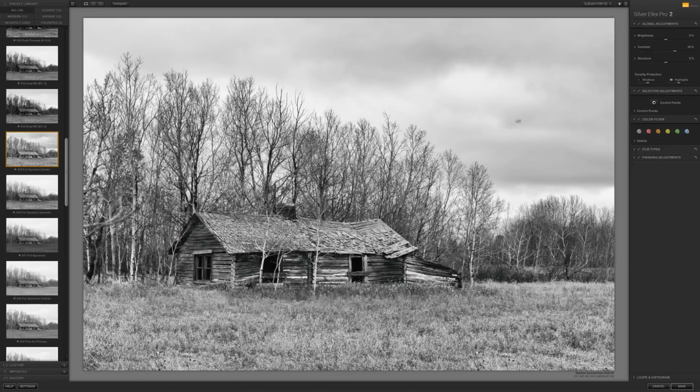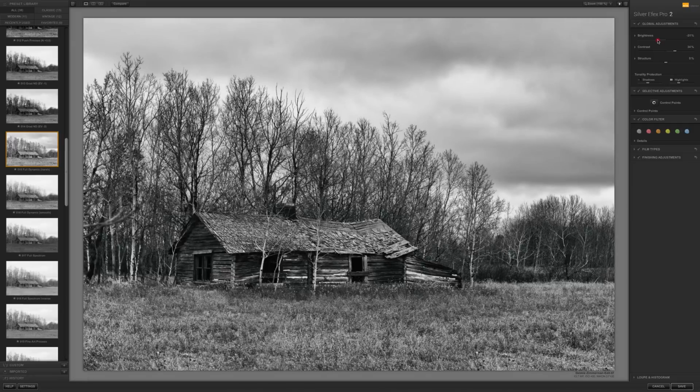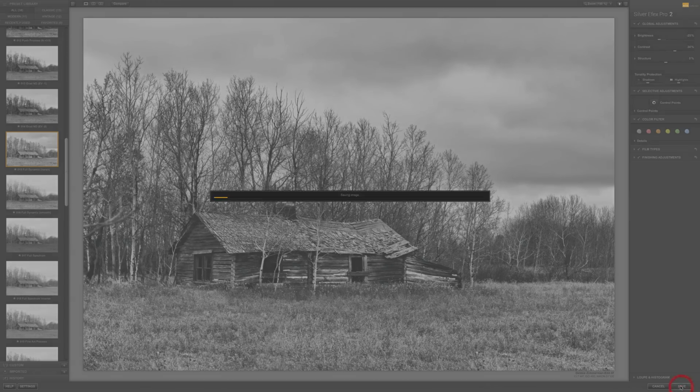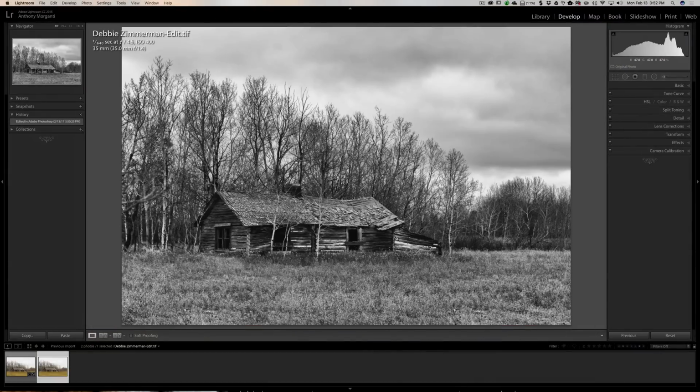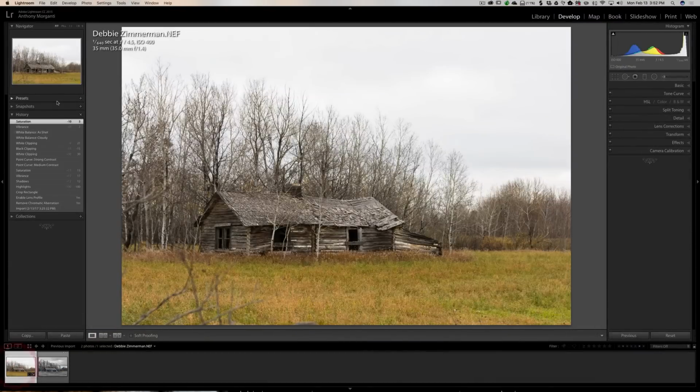So I sometimes will take the preset and then I'll go over here to the sliders and I'll bring the brightness down. I kind of like that a lot right there. All right, so we're going to click Save. That's going to bring that back into Lightroom. Now we're going to go back to this image, and I'm going to, oh, I messed it up